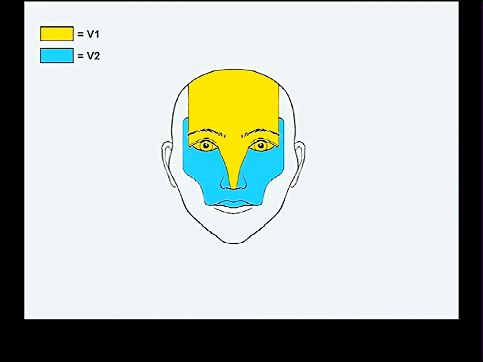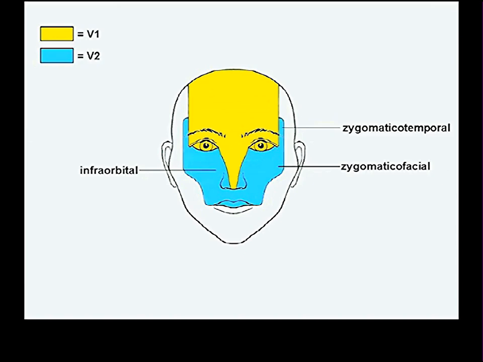Here's the V2 distribution, or the skin that V2 covers. You probably don't know as much about this as you do V1. The most important cutaneous branch of V2 is the infraorbital, which you do know a bit about because you dissected it coming out of the infraorbital foramen. And that does most of this region. There is a little bit of skin on the lateral surface of your bony cheek done by a branch called the zygomaticofacial. And maybe you do know about the zygomatic branch of V2, which enters the orbit